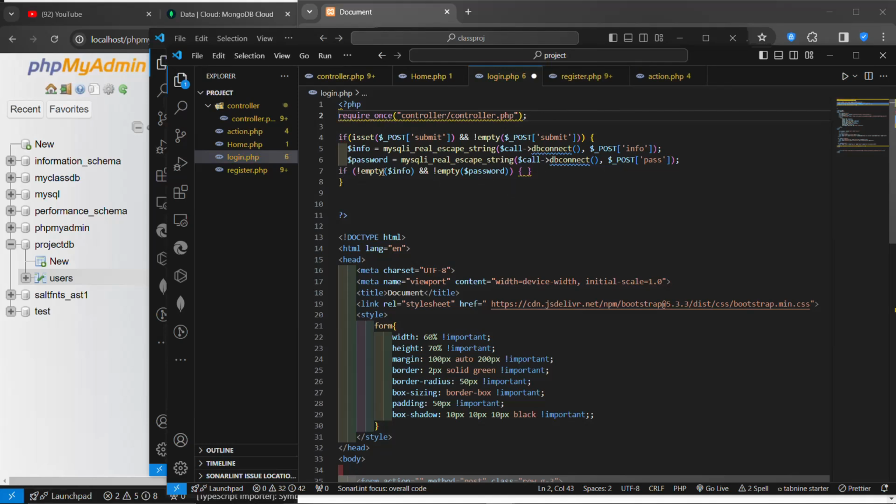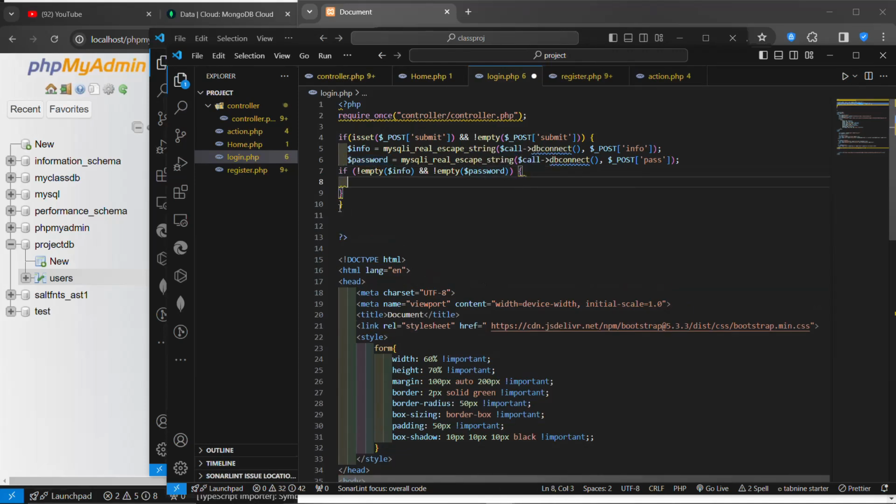Now we are saying this will only happen. As we have grabbed this, we are now assigning it inside of a new variable, a new variable password. We are assigning the password the user is putting, the incoming one, to this variable. Now we are saying only happen if it is not empty. If the information is not empty, the username is not empty, and the user password is not empty, what we want to do is continue, else